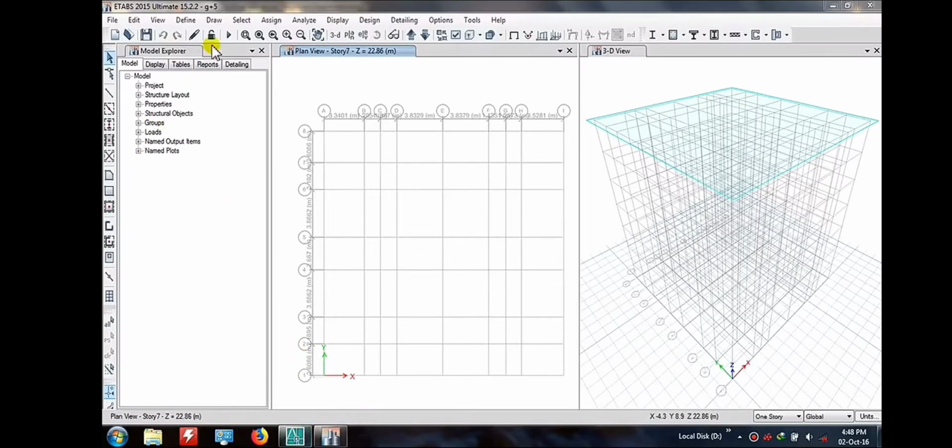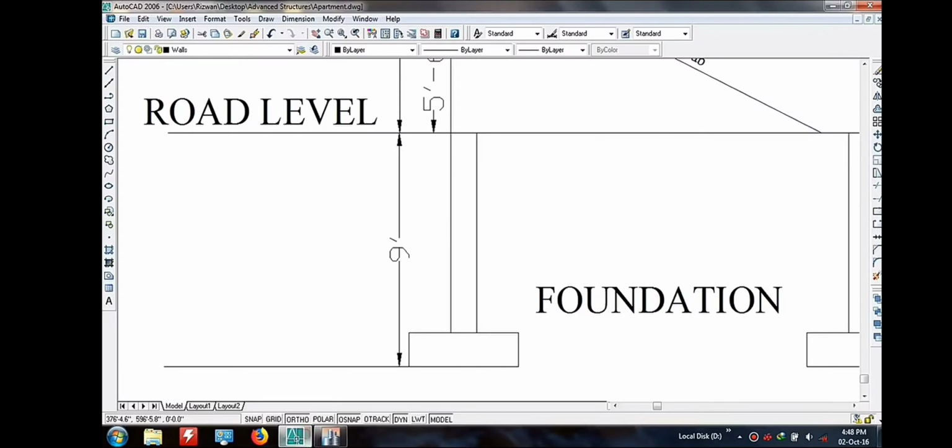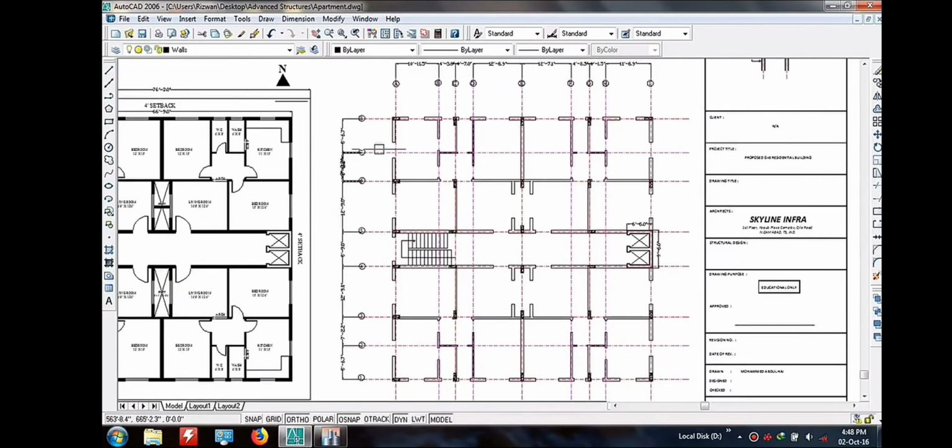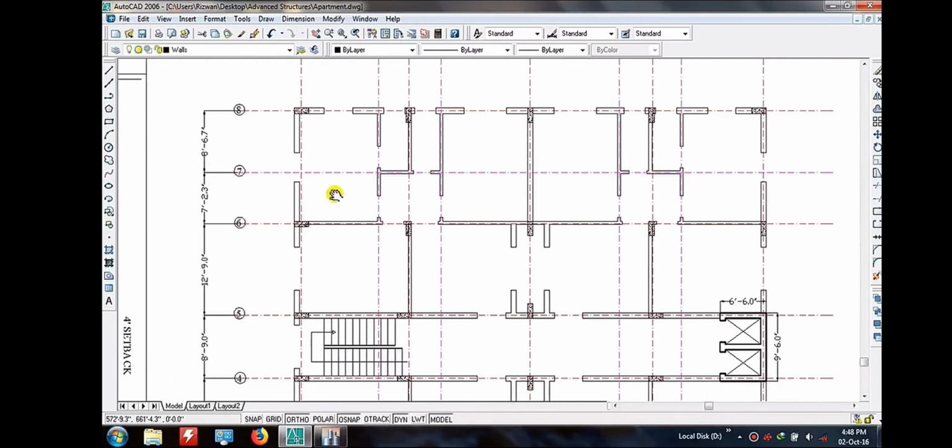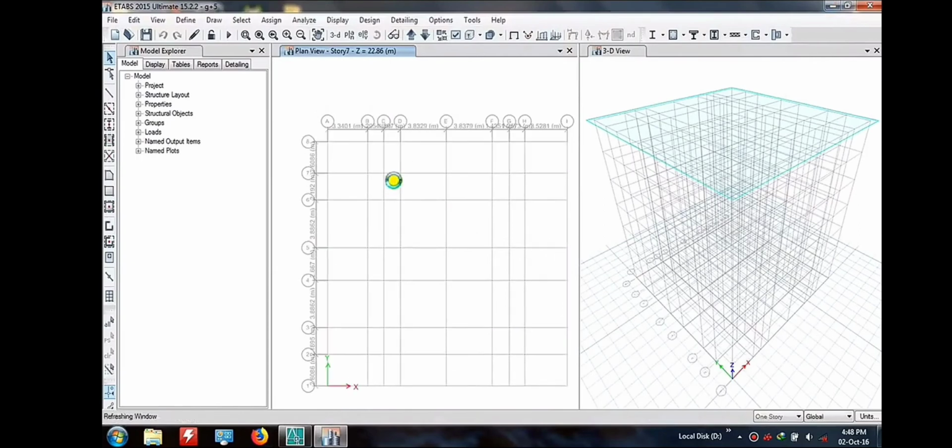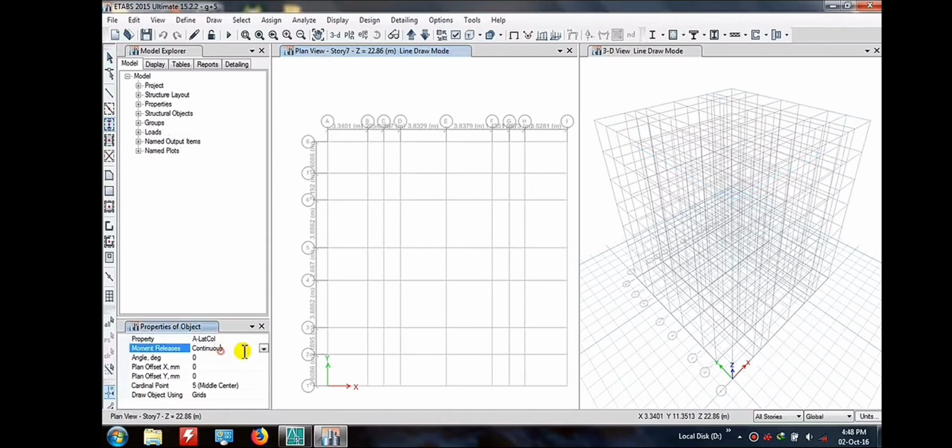For the defining of beam and column, we have to go for defining, or you can also use the similar manner. So these beams, these columns, you are able to see the column. Here I am having two different orientation columns. So here we have to define the columns separately. I am selecting here all stories. Whatever I am going to apply on this plan, it will automatically be applied on our rest of the stories. So here you have the column, okay.